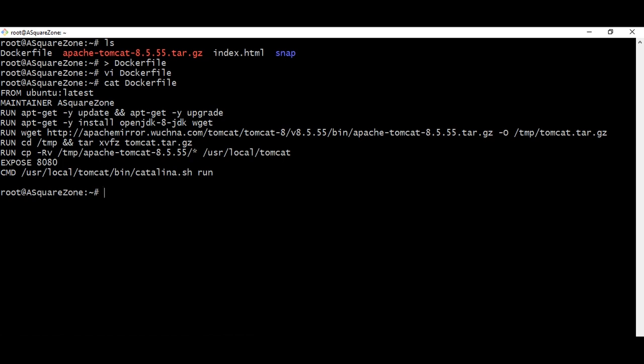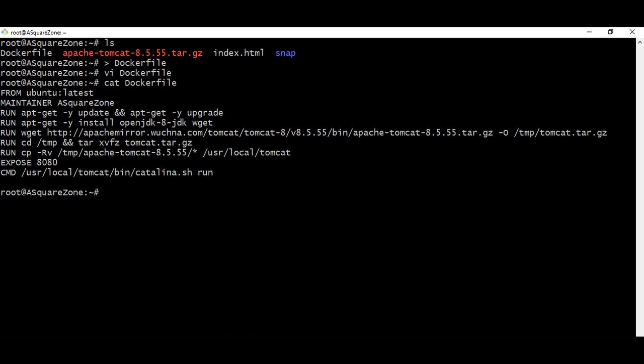I'm moving to the temp directory, and there I'm extracting the files using the xvfz command. Again, I'm copying the particular files to /usr/local/tomcat, and I'm exposing a port number here, as well as going to start the server here. So this is the basic Dockerfile to build an image.